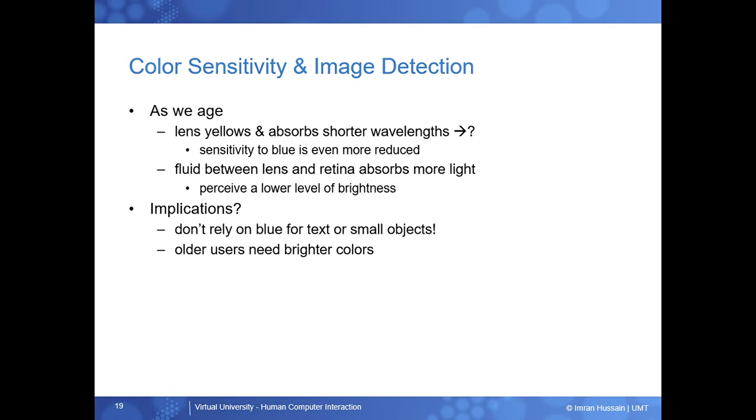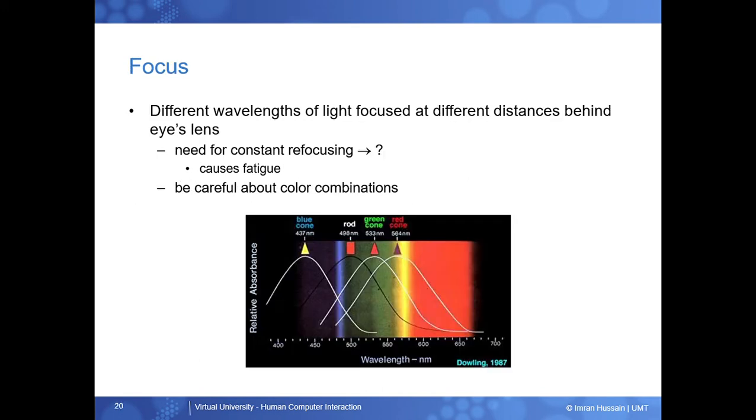As we age, the lens yellows and absorbs shorter wavelengths, and the fluid between the lens and retina absorbs more light. So basically, don't rely on blue for small objects or text, and older users need brighter colors. Now, for focus,